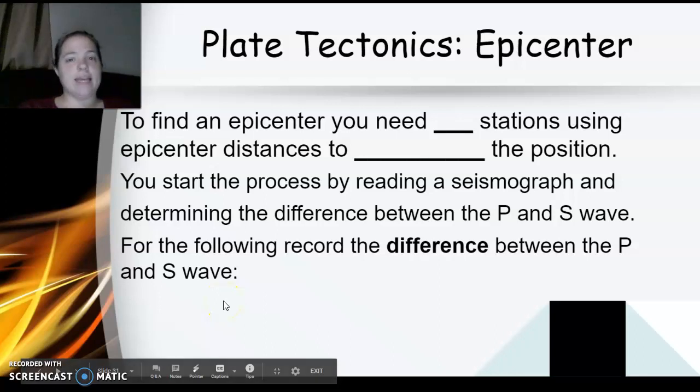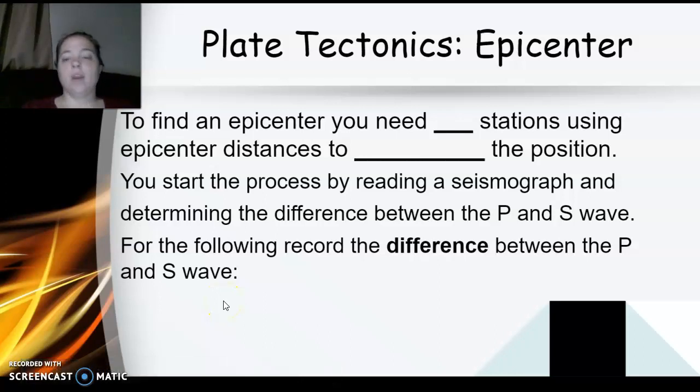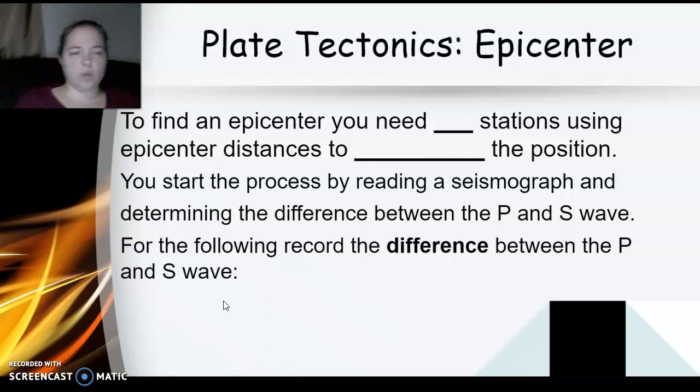Okay, so today is Epicenter Day 1. You're going to take notes, and then I'm going to do a lab. I am not going to do the activity today. I'll do the activity next week, just so that you get